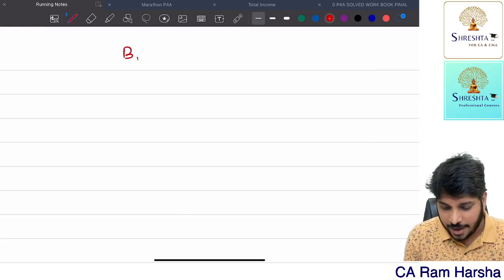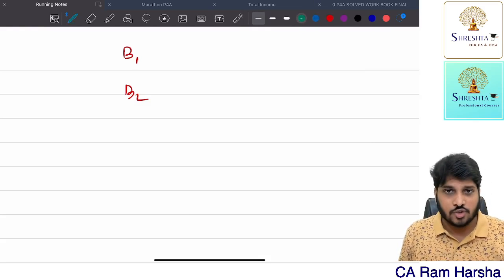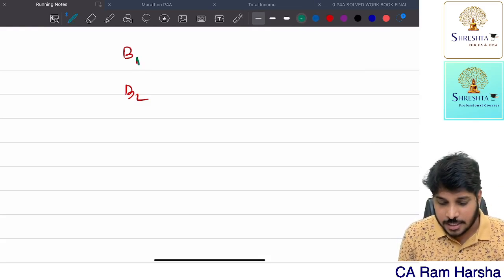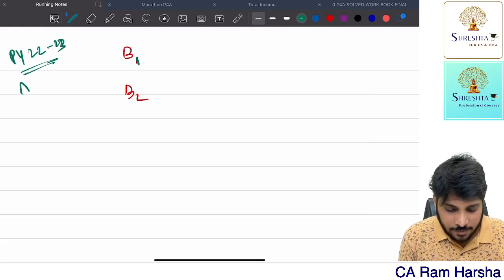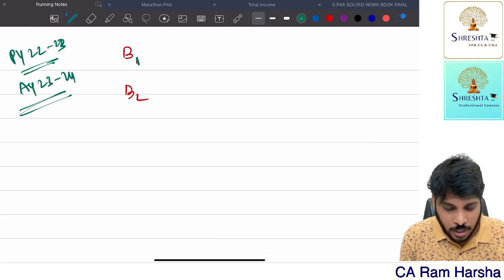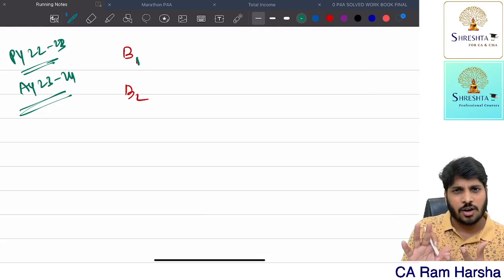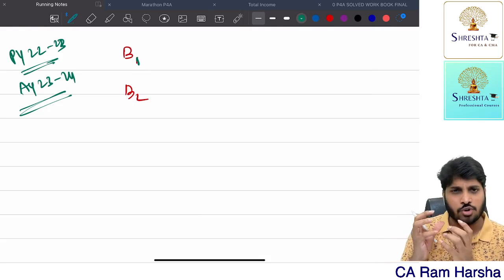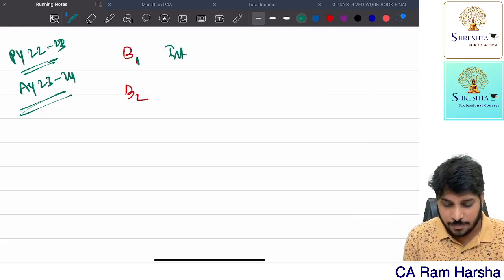Very simple. They have given basic conditions. Two basic conditions are there. What we need to check? First basic condition. Suppose we are talking about previous year 22-23, nothing but assessment year 23-24. For previous year 22-23, whether the individual is a resident, non-resident or not ordinarily resident, we want to check. How to check? Very simple. In the relevant previous year,